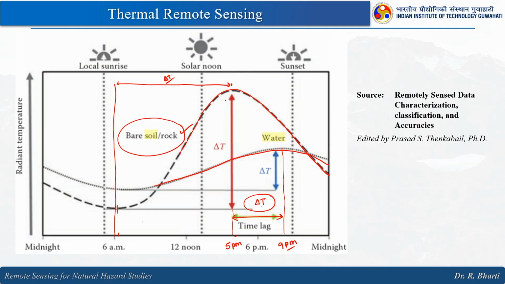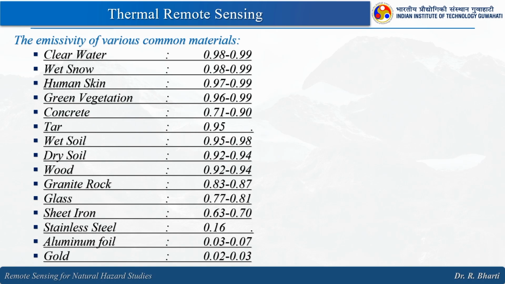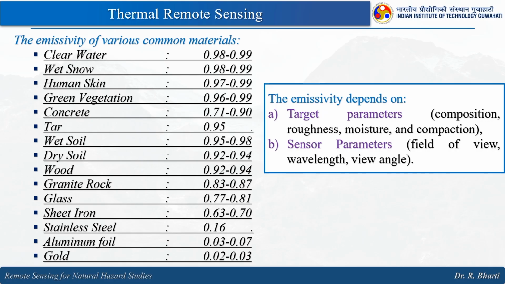So, how much temperature difference we have for the same material. Here we will have different values, and then accordingly you can subtract it, and then you will get the delta T is equal to this much degree Celsius, right. So, we will be using this concept in the further slide to further exploit this thermal remote sensing in our